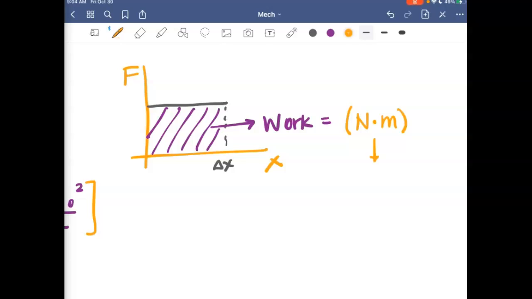I had a student once a long time ago call it neuters, and we all giggled about that forever. But anyway, James Prescott Joule did lots of science, and we call it a joule, a capital J. That's our unit for work. And since work causes a change in energy, then energy is also measured in